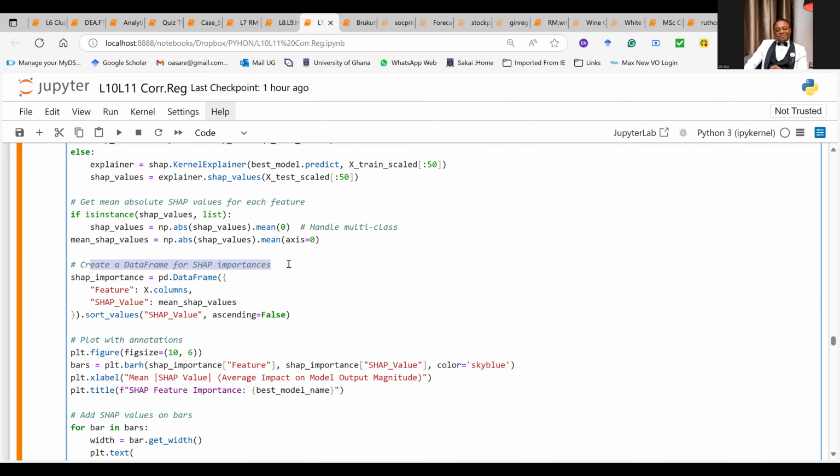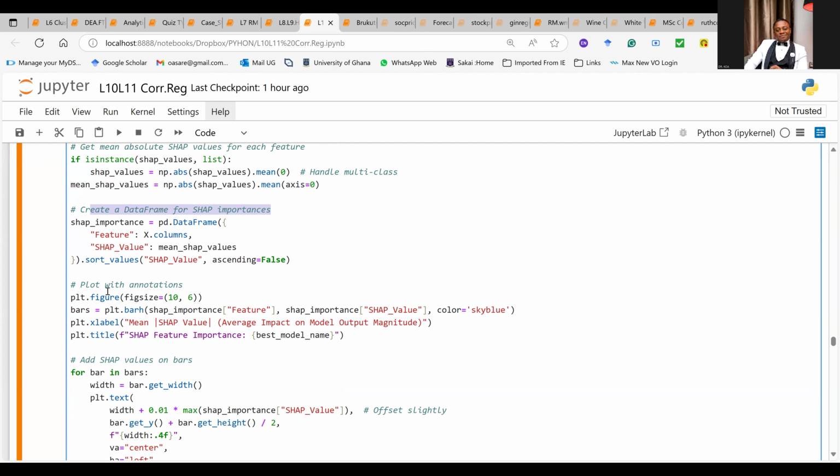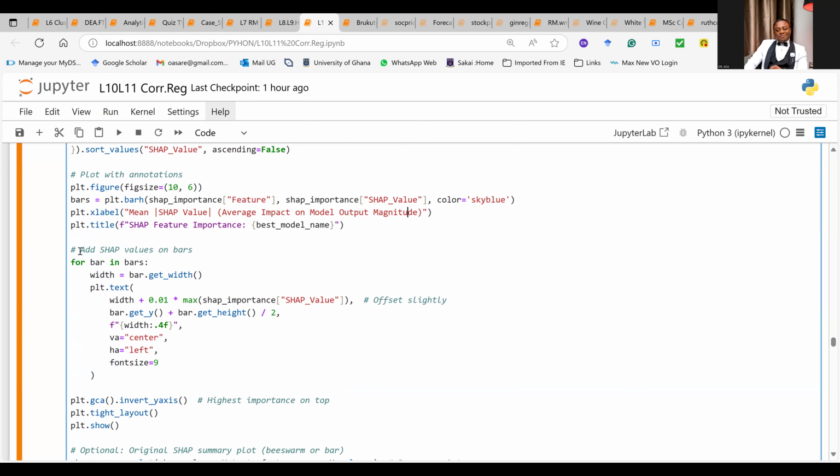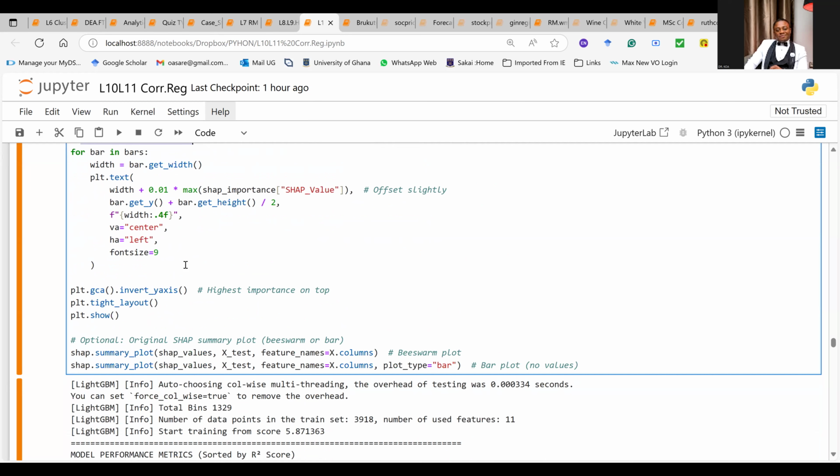Call it SHAP value in the descending order. In fact, even plot the importance and label it as SHAP value, average impact on model output magnitude. Again, add the numbers, the feature importance, on the bars, just as you did for the R square for the linear ones. And finally, plot all of this and put it together.